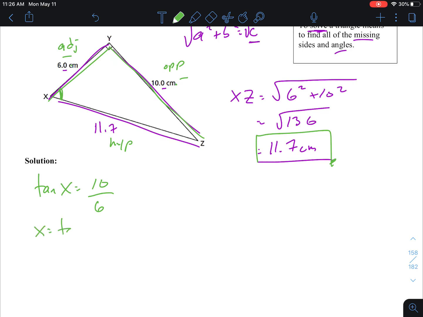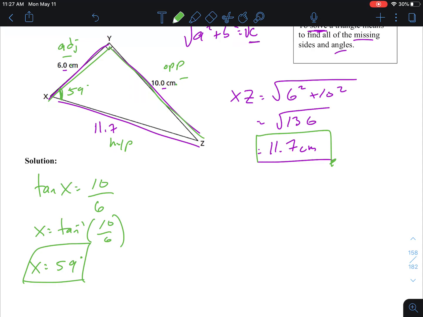So my angle is going to equal tan inverse of 10 divided by 6. So that's what's going to go into my calculator. And I'm going to get an angle of 59 degrees. We'll round that to the nearest degree. Okay, so then from here,